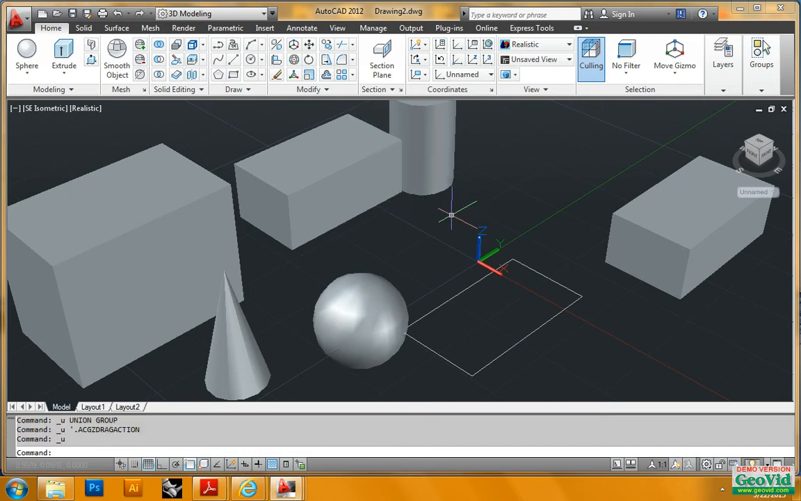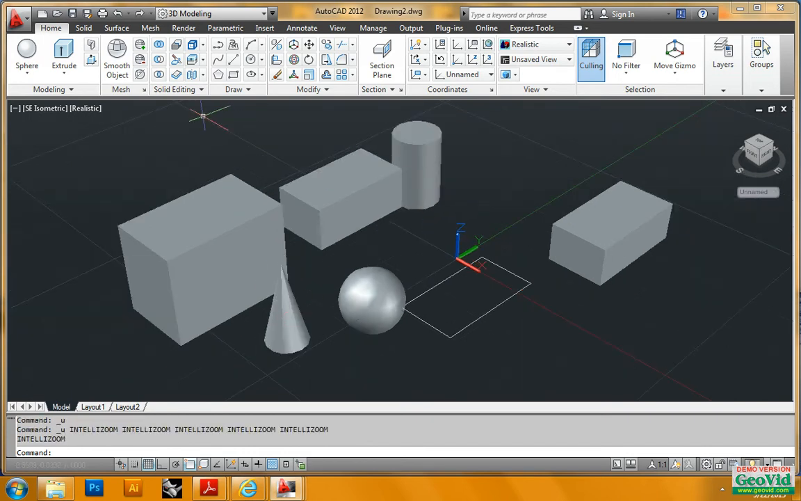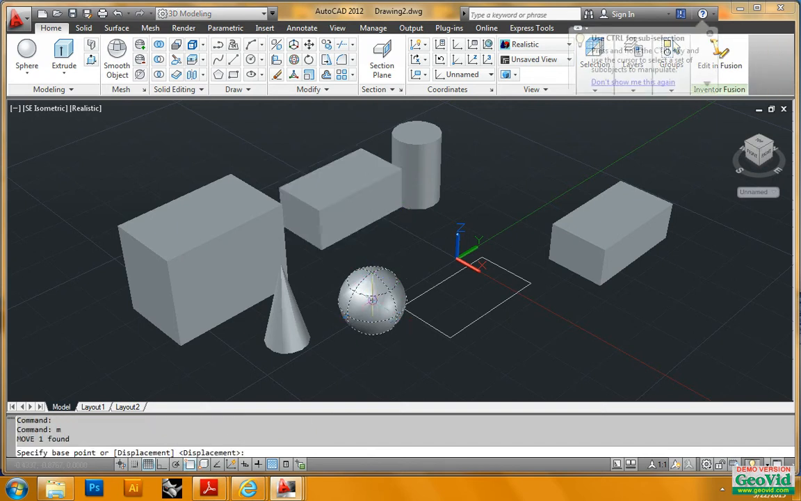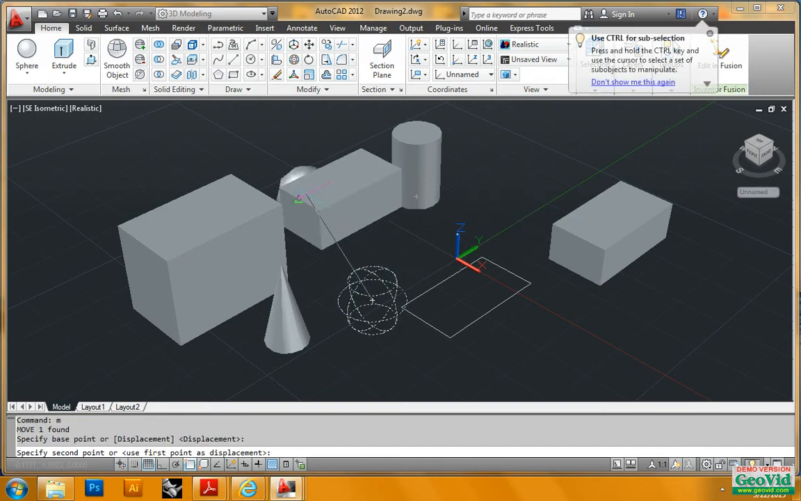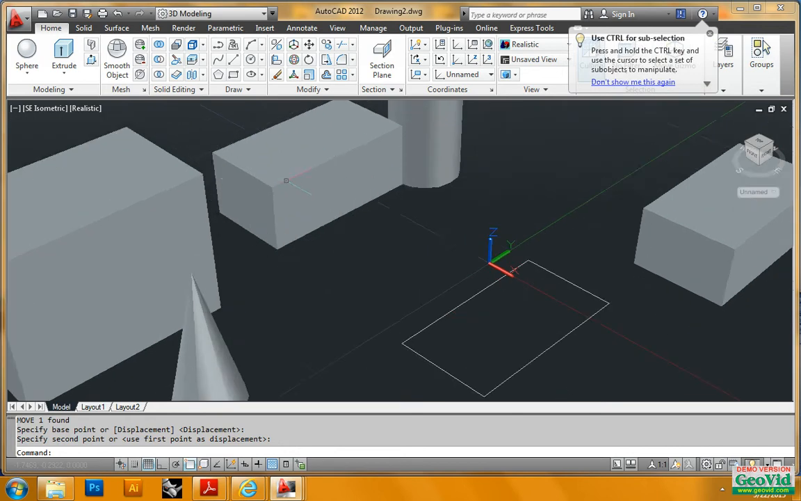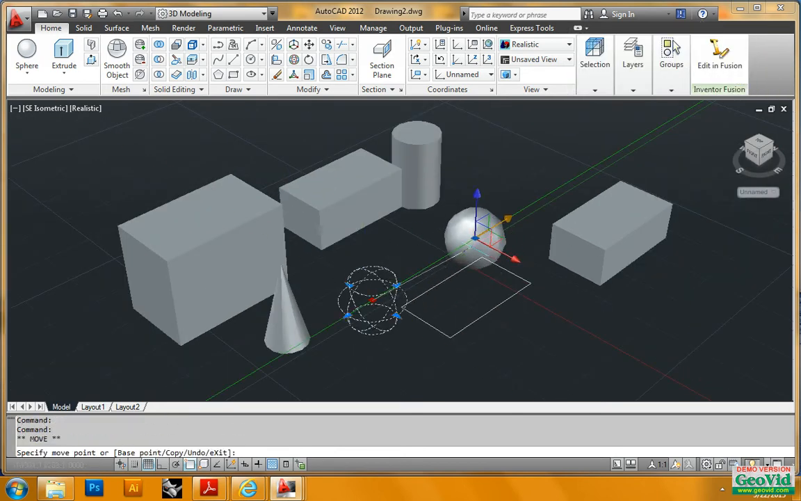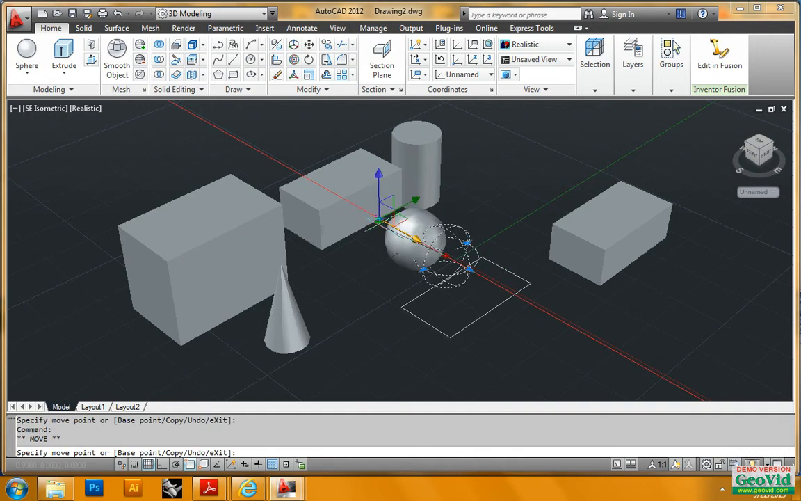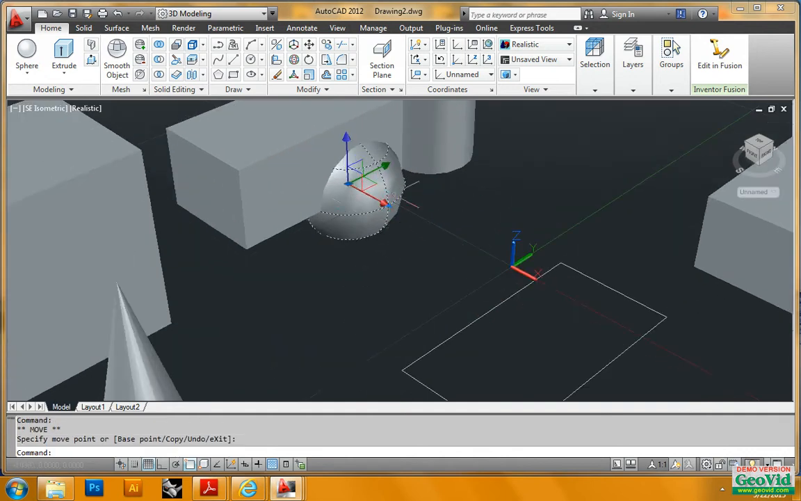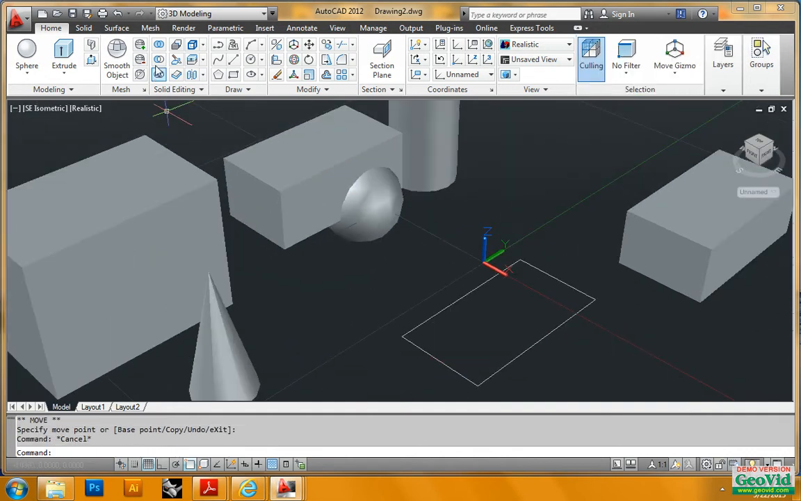Now I'm going to show you how to subtract, and so I'm going to take this circle and I'm going to move it into this box. I can't get it to move where I want it. So after I move this, say like that, and I want to subtract that circle, I go to the subtract